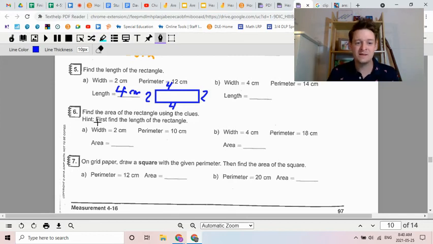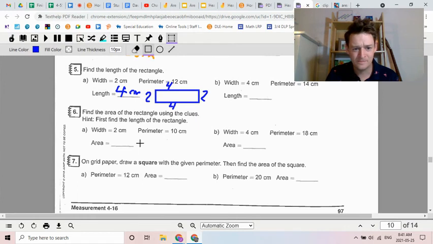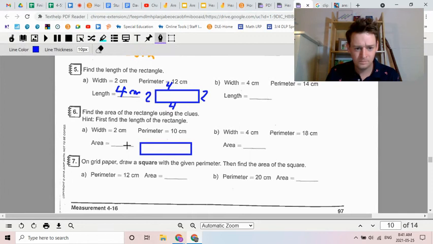Perfect. All right, next it says find the area of the rectangle using these clues. Hint, first find the length of the rectangle. Okay, so if my width is 2 and my perimeter is 10, so I've got 2 and 2, but this time I only have 10, so this must be 3 and 3. So that all adds up to 10, but now it wants me to find the area. So length times width is 2 times 3. The area is 6